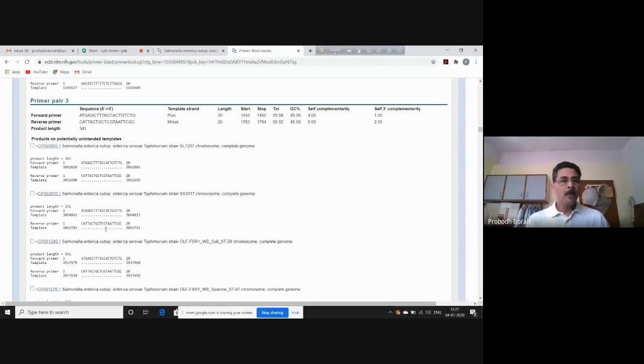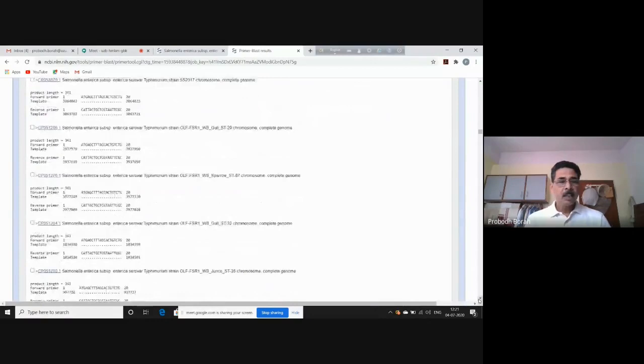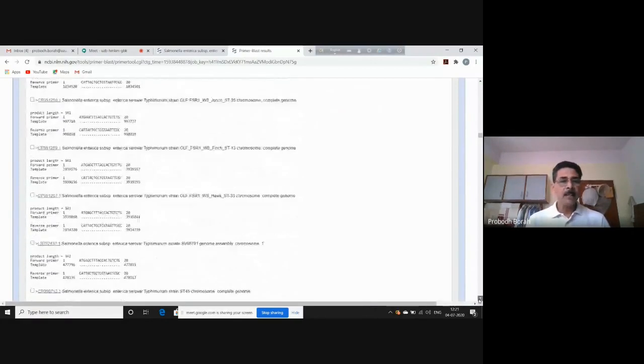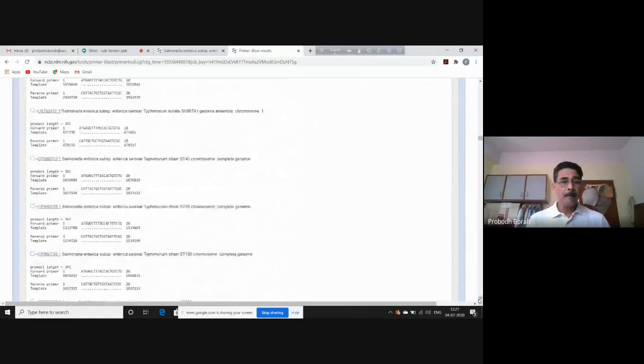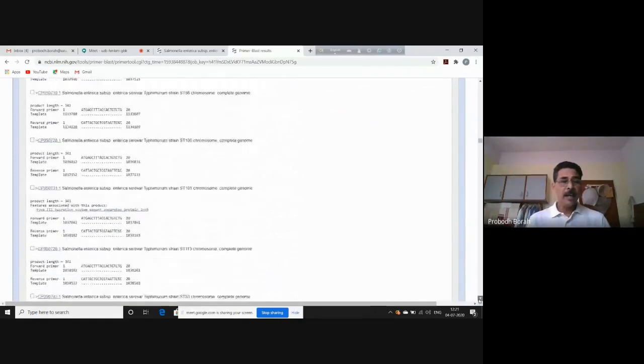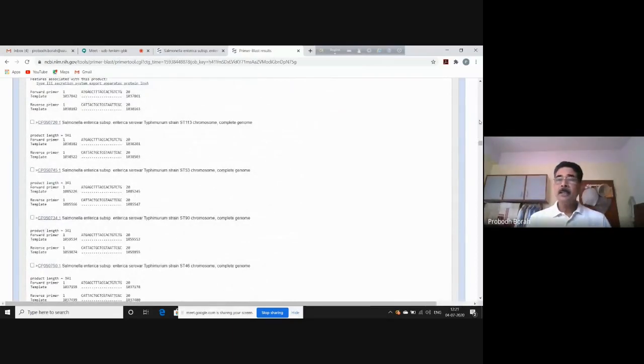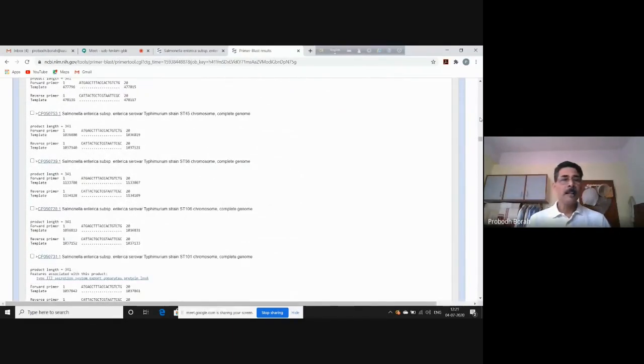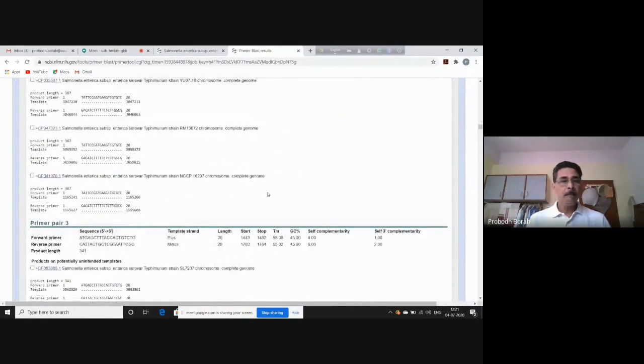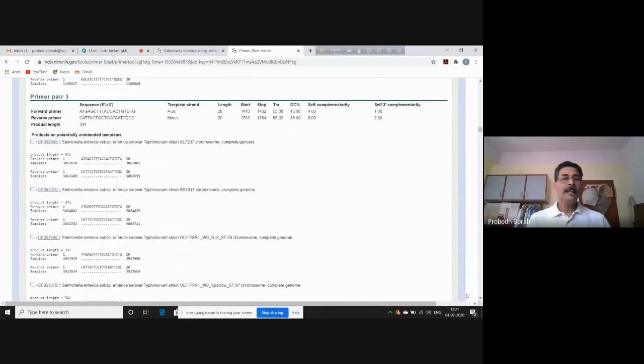The second database sequence is also showing 100% identity. The third one is also showing 100% identity. So most of the sequences in the database are showing 100% identity to this primer pair. So it seems that this primer pair is better, because it is showing 100% identity to most of the sequences in the database representing Salmonella typhimurium. So for me, primer pair 3 seems to be having most of the ideal properties.